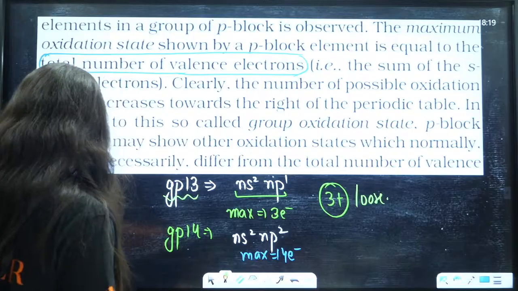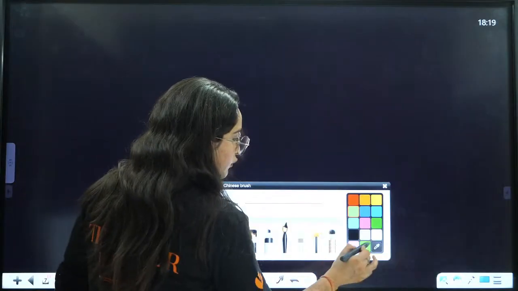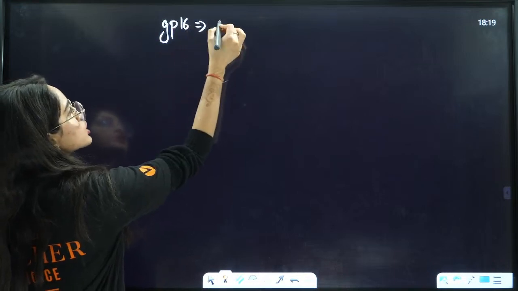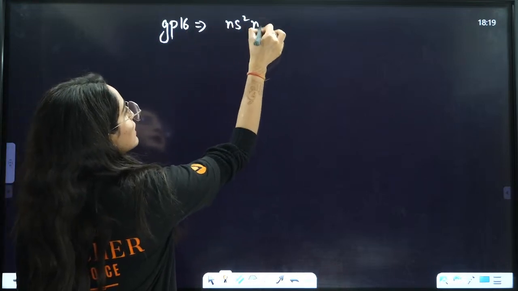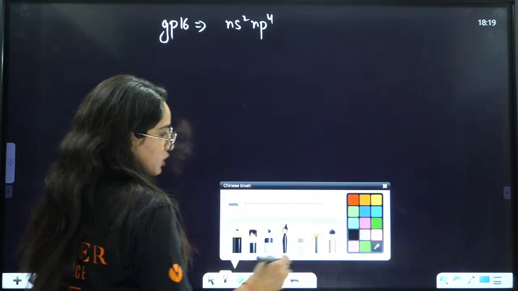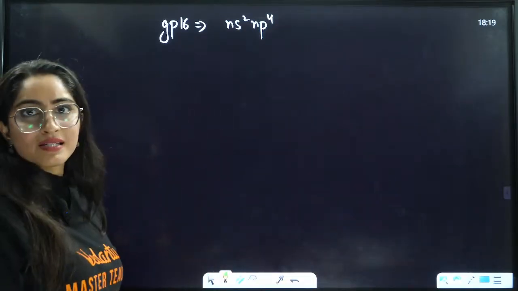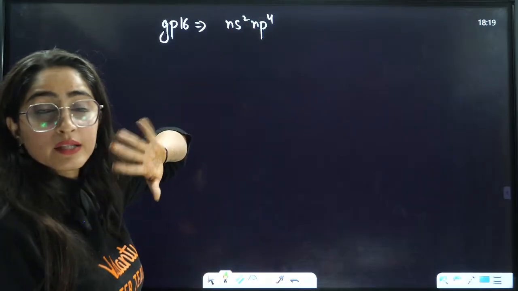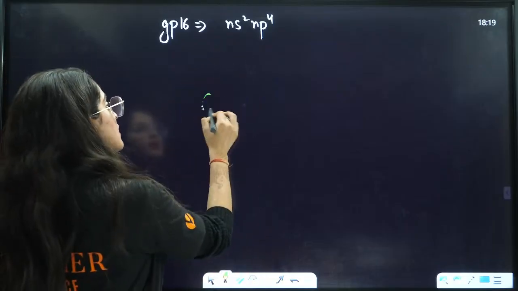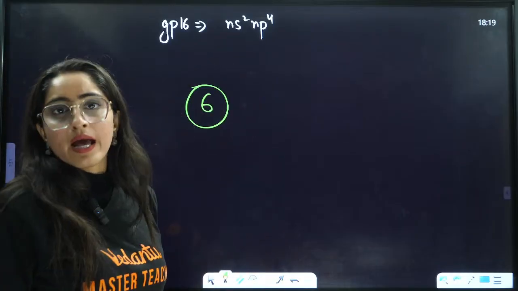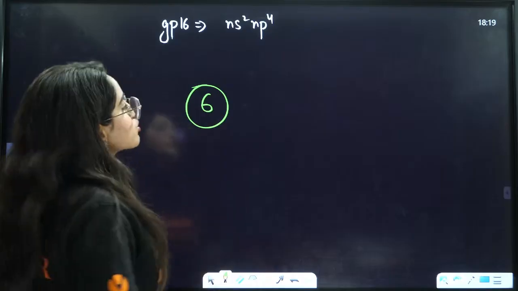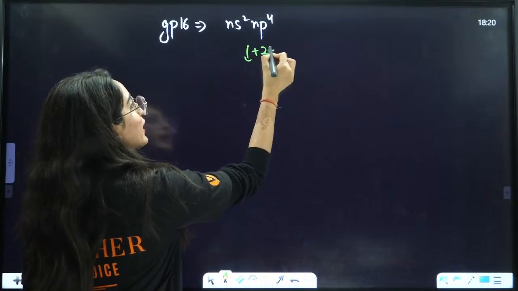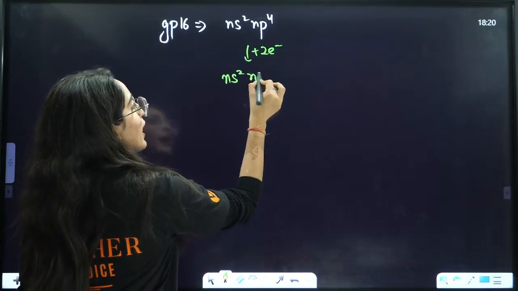If you talk about oxygen, that belongs to group number 16, right? So what will it be? ns2 np4, right? So here the number of electrons that can be lost is 6, right? But now it has 2 choices. It wants to complete the octet here. So instead of losing 6 electrons, it will say that I want to gain 2 electrons and become ns2 np6,